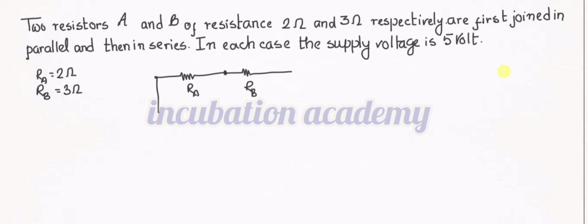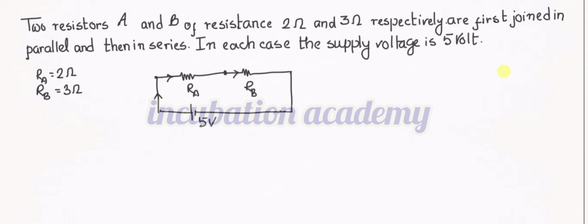Here I am connecting this 5 volt EMF cell across it, and then obviously a current will start flowing through RA and through RB. Okay, so to find the main current,